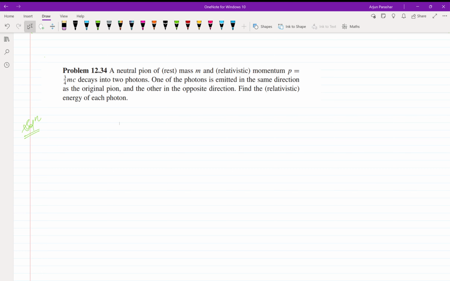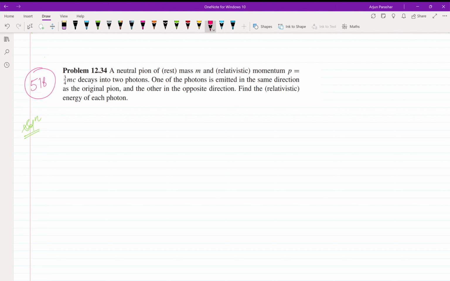Hello everyone, welcome back. Now let us start problem number 34, which is on page number 518 of Griffiths Electrodynamics, chapter number 12. So this problem says a neutral pion of mass m, momentum 3/4 mc decays into